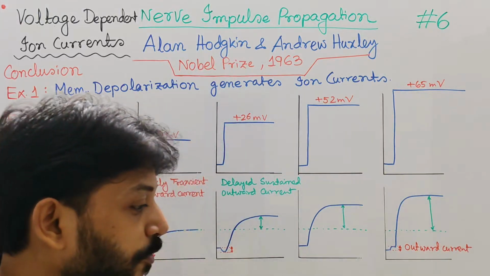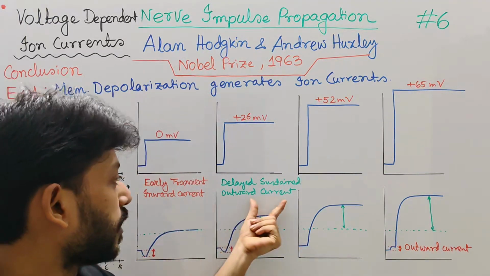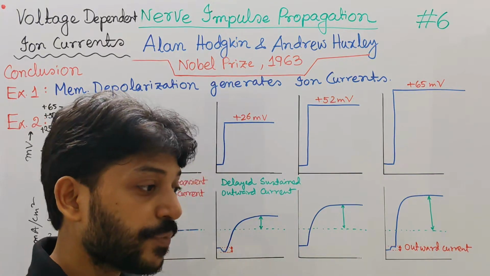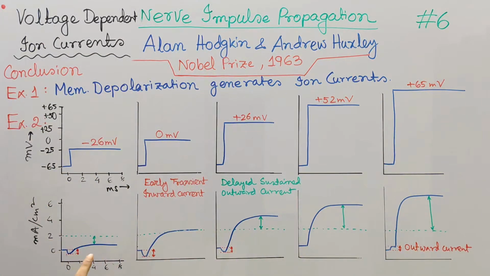And they observe that these two currents, the inward current and the outward current, not only flow, but also change in magnitude. And this is the second experimental conclusion. I will explain it. At first, let me explain the early transient inward current. When they applied minus 26 millivolt